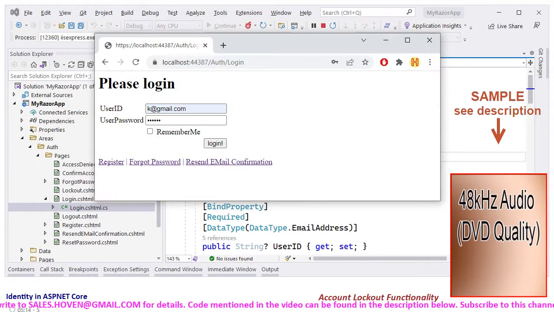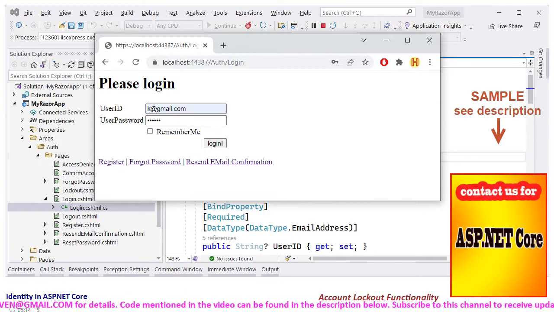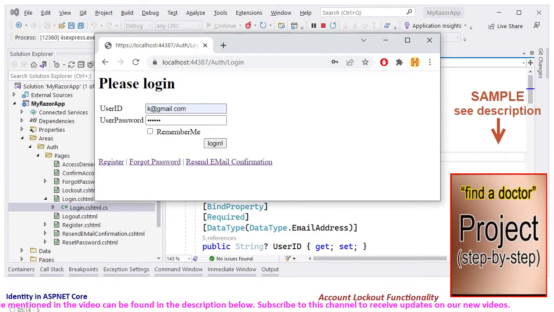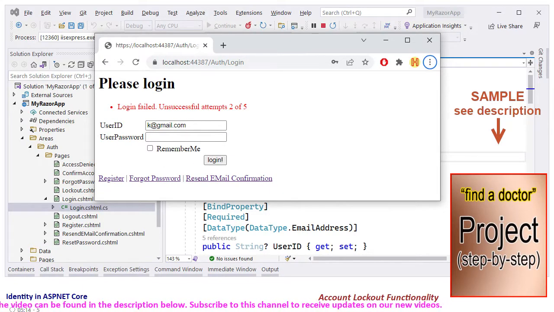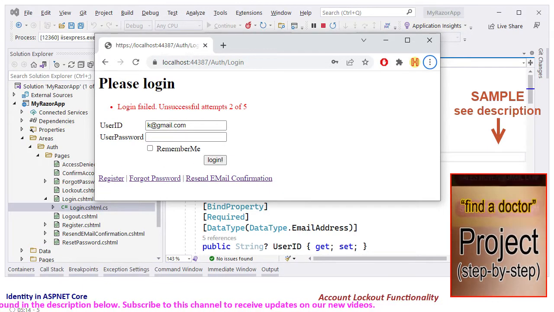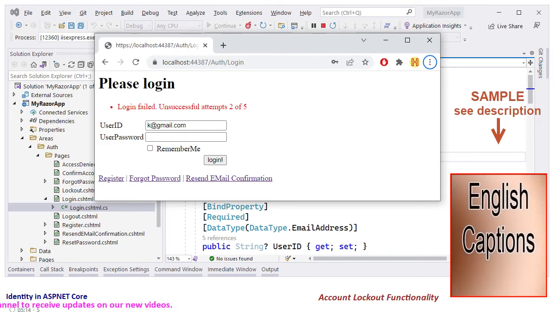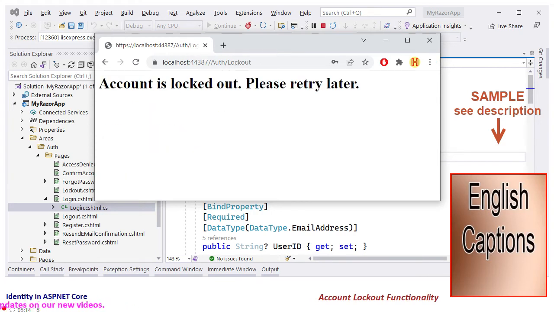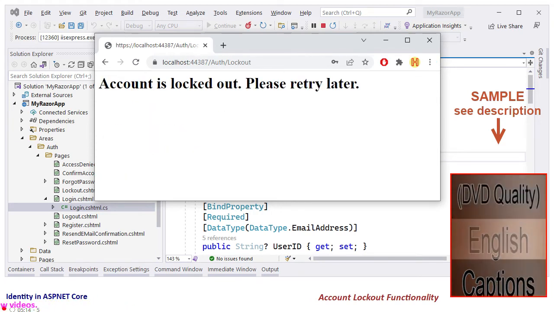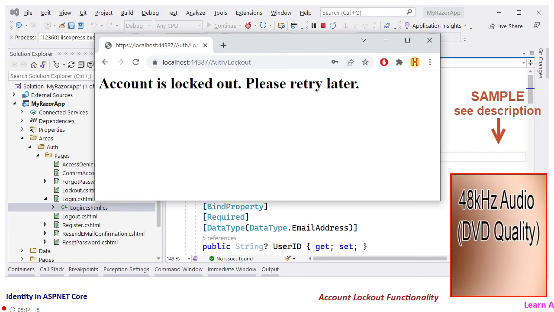Run the project to open the login page. Enter a registered email but a wrong password. Click the login button. We verify that the login fails and displays the number of failed attempts along with the total number of attempts. And if we keep trying for 5 times, the account gets locked, and after 5 minutes, the account